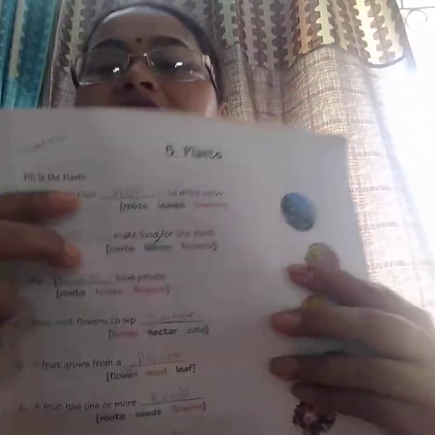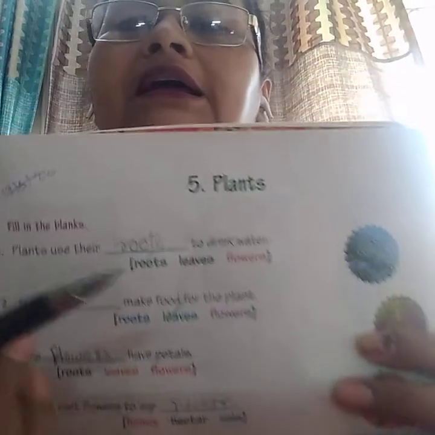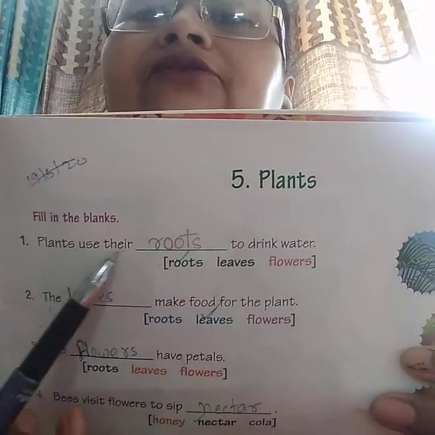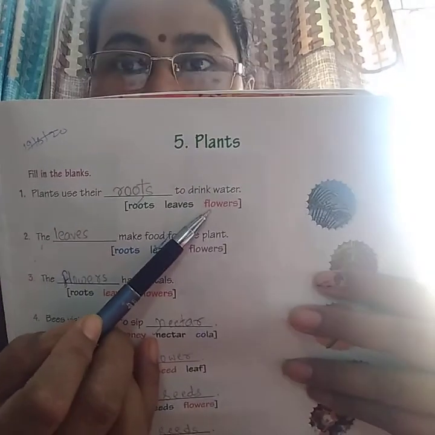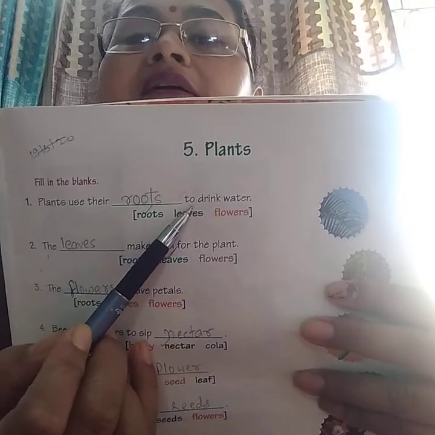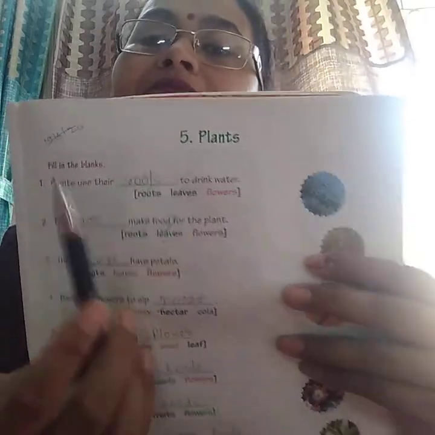Now take a pencil in your hand so that you can write with me. We will do the class together. The question given here is fill in the blanks. You have to fill in the blanks with the help of the words given in the bracket. You will get three options, like this one. You have to choose the correct option for each statement.